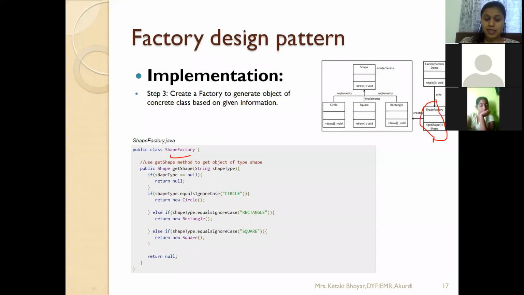There is a method getShape defined under the class ShapeFactory. Now what this will do, this will pass a string. This string can be the type of your shape. It can be a circle, a rectangle, or a square, as we have three different concrete classes here. So if shapeType equals circle, then what we have to do,